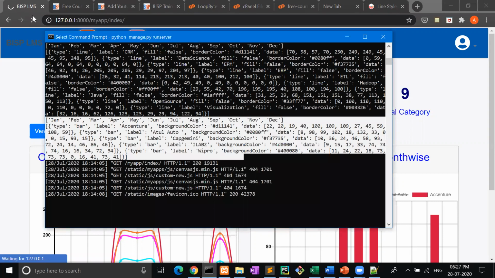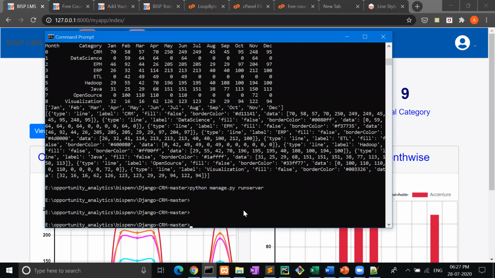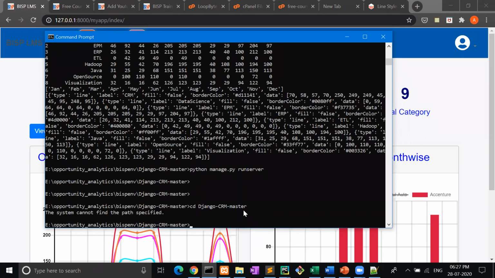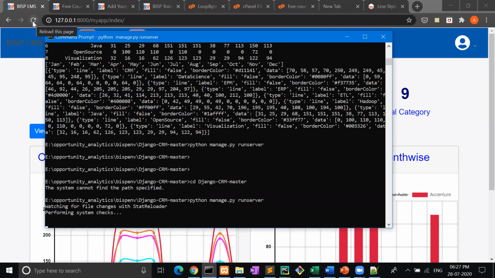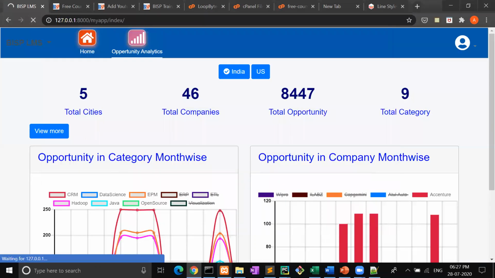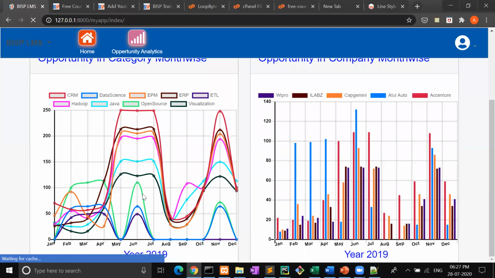Let me refresh it again. Now if I press US data, you will see the chart completely changes.